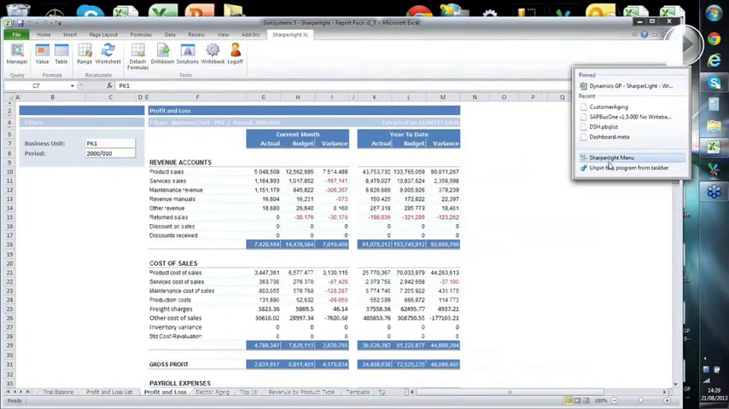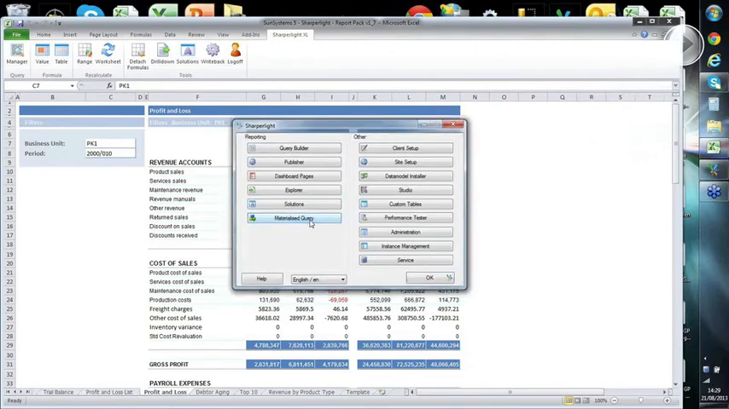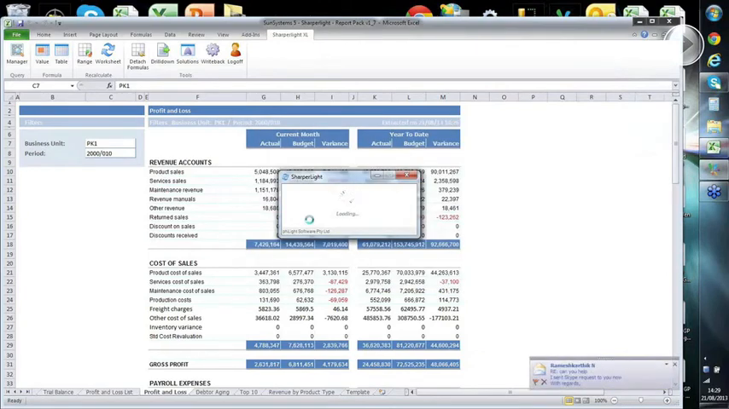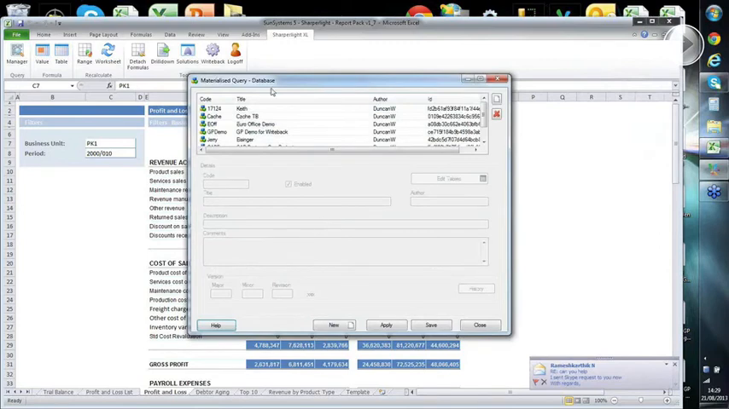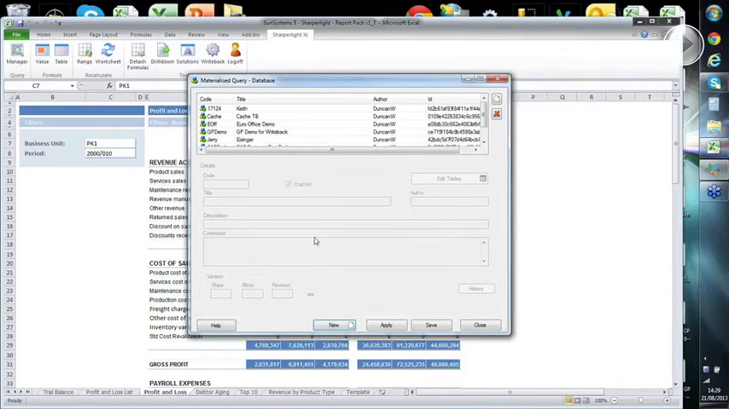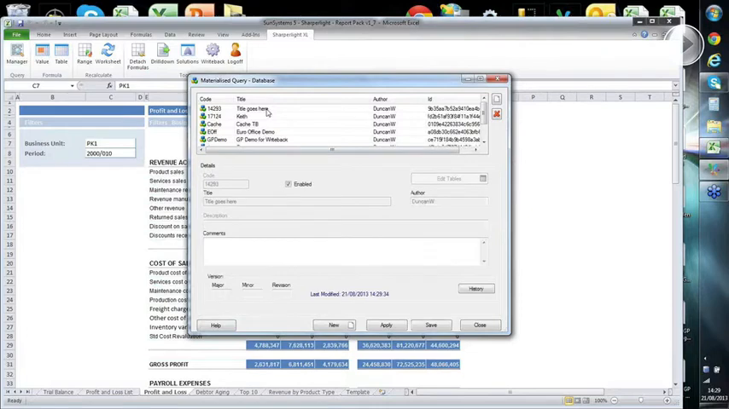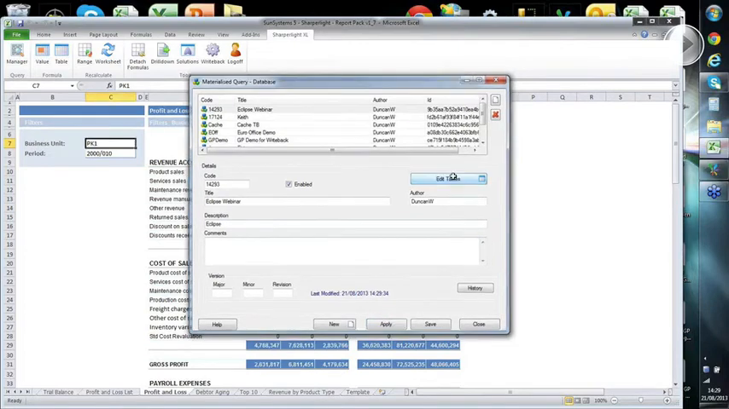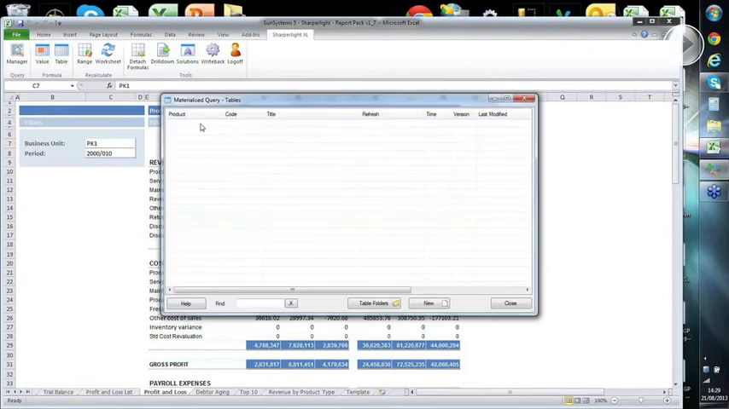If I select Sharperlight menu and materialized query, and if I say new, the first thing it says is, do you want to create a database? The answer is yes, I want to create a database. I'm going to give it the same name, Eclipse webinar, and we'll just call it Eclipse. And I want to apply that and say edit tables,